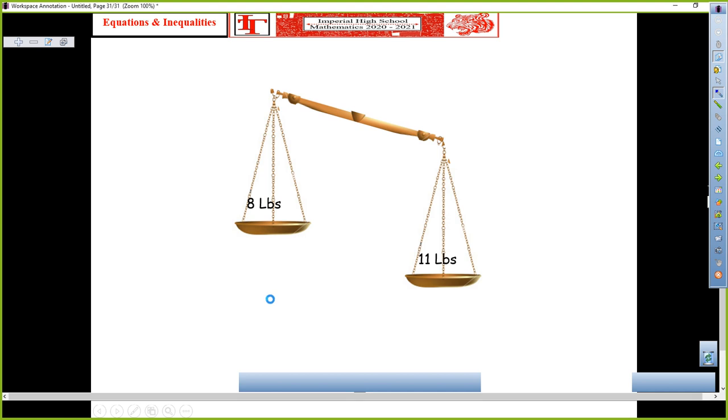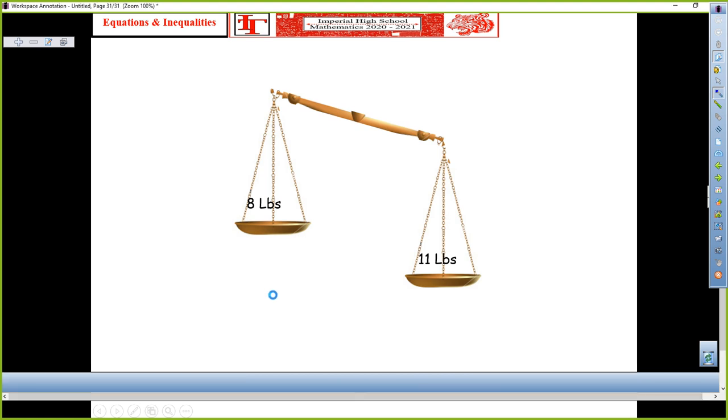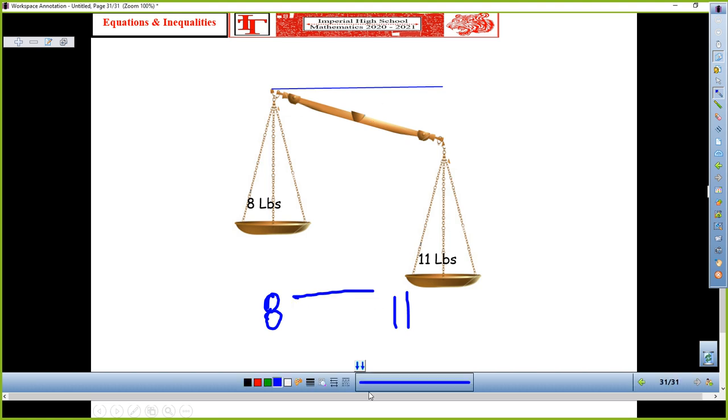8. And on this side I would write 11. Now question, where was the bar originally? Originally the bar was about right there. Is that correct? Yeah. Now do you guys see the arrow pointing that way? Yeah. That's where we get the inequality from. So that means either they're equal, and if they're not equal, then they're inequalities. Equal, not equal. Equations, inequalities. Does that ring a bell? Is it coming back? You guys remember that? Some of you? Alright. So, with that said,